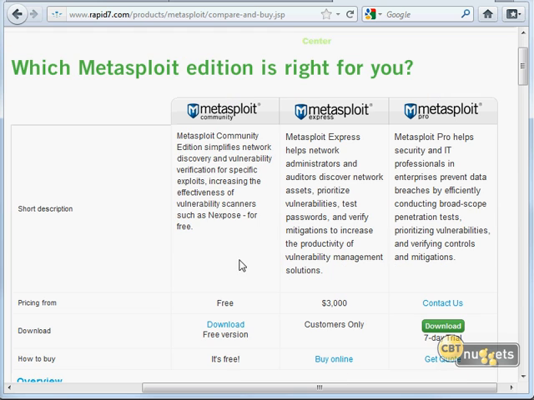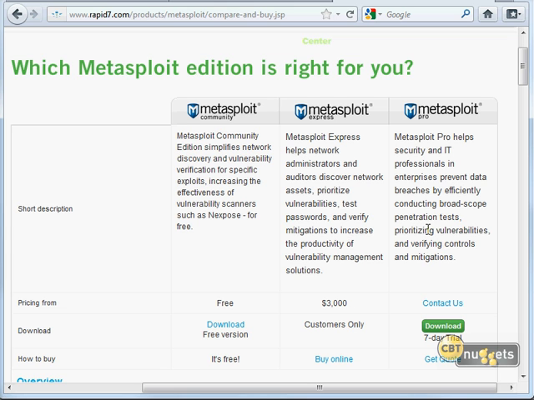Now, the free one, of course, is just that, free, but it gives you only the basic functionality. You can get an increasing level of capabilities if you pay more for Metasploit Express, which is like small, medium, and large, apparently. Here, this medium soft drink from McDonald's apparently costs $3,000. Wow! Sounds really expensive, but you also have to balance that against the cost of being exploited. In this case, these are generally used by penetration testers or internal employees doing security audits, and you want to find out where the vulnerabilities are before someone steals all your money. If you think of it that way, sure, $3,000 might be a bargain.